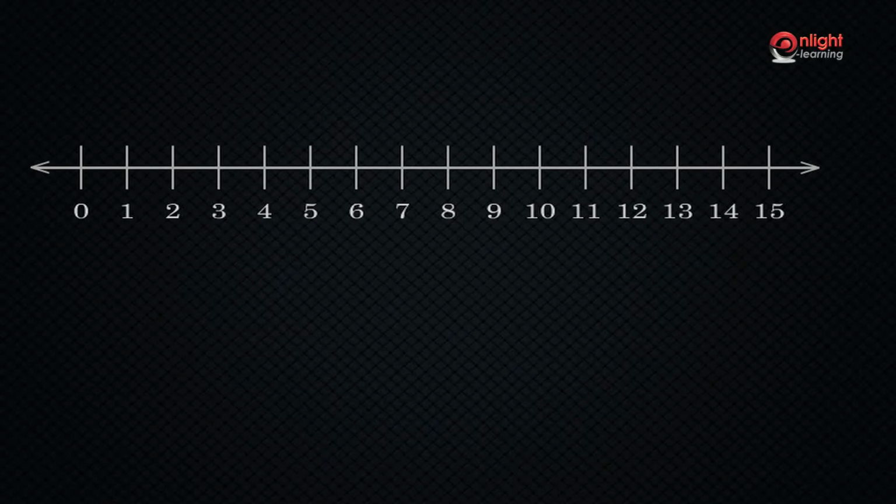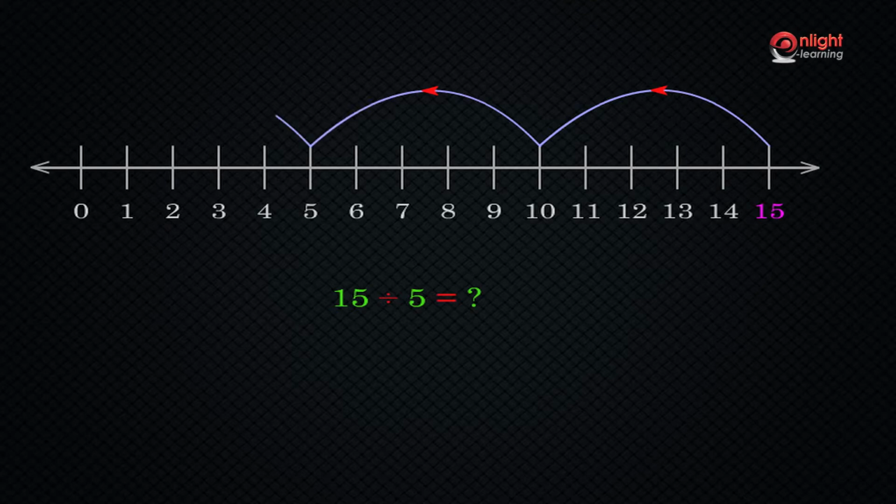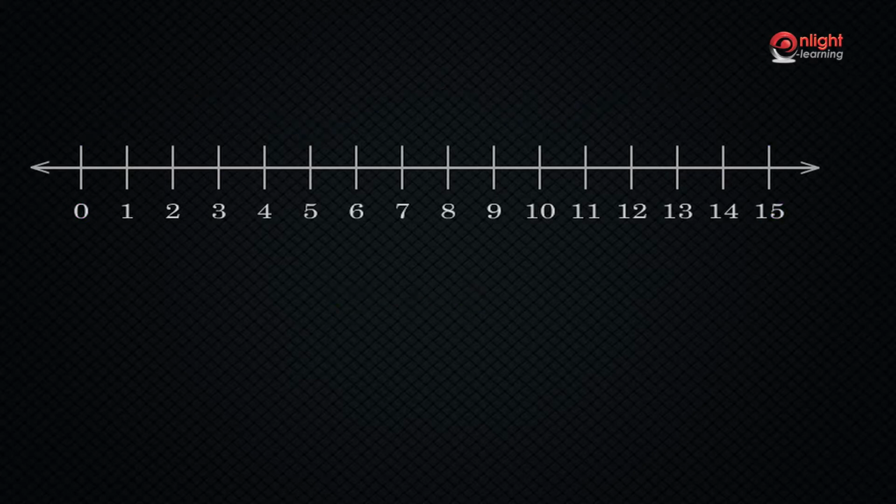Remember what this is? Yes, this is a number line. We will give you this to solve examples of division. Consider 15 ÷ 5. To solve this, we need to start from number 15 and then jump backwards counting in stages of 5 at a time till you reach 0. How many times did you jump? Yes, 3 times. So 15 ÷ 5 = 3. Now try this. 9 ÷ 3.